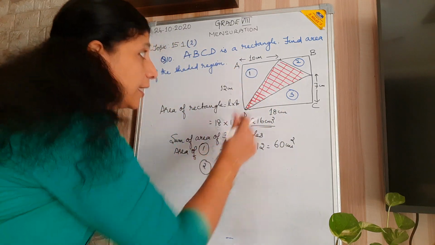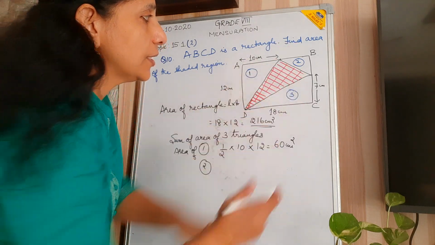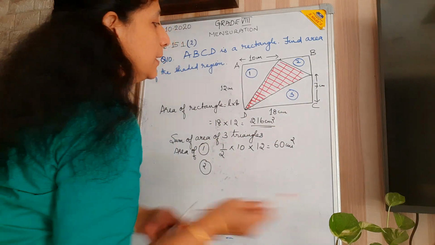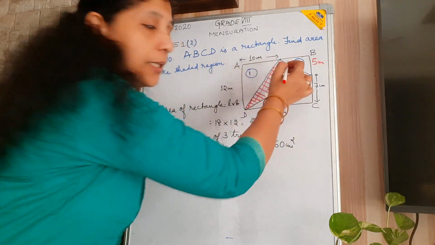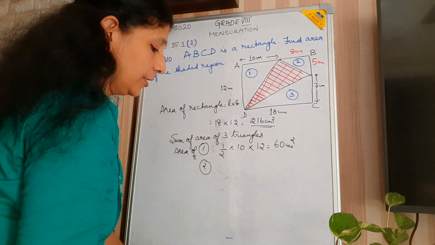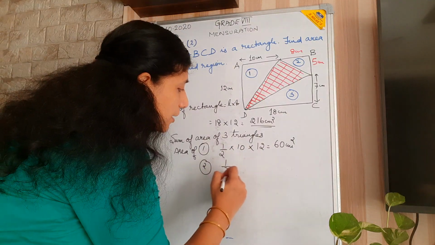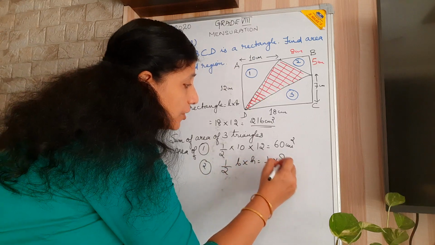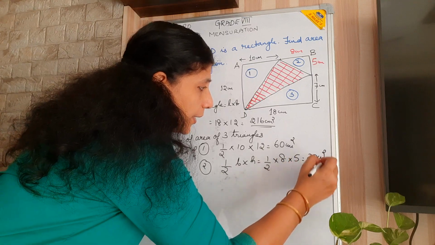Now area of the second, this is the second. Here the total is 12, this much is 7. So what is it? This one will be how much? 12 minus this one. So it is 5 centimeter. And the total is 18. And this much it is 10. So it is 8 centimeter. So I got it as 8 and 5. So half BH is, half base into height is half into 8 into 5. So 20 centimeter square. Okay.